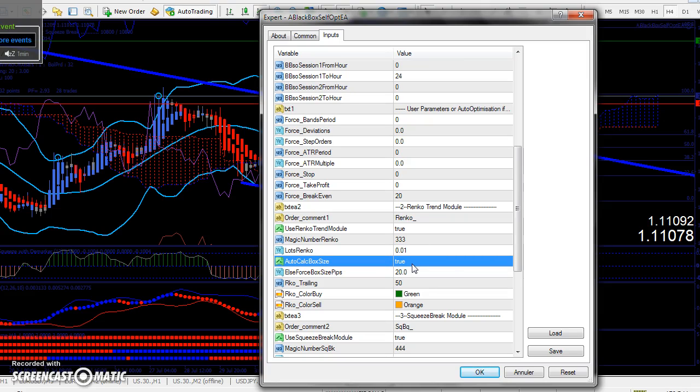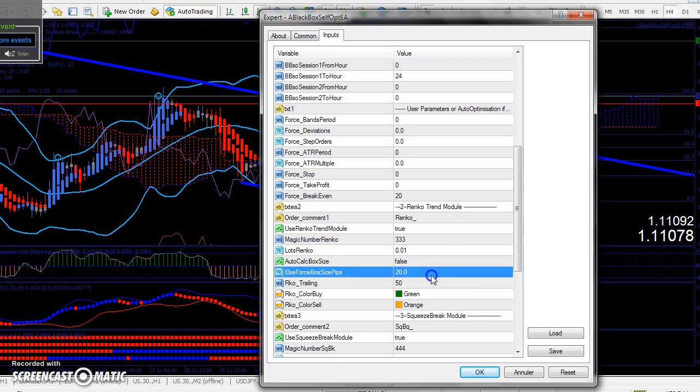This is a very sophisticated feature. This will calculate the best box sizes for the Renko brick building. I think that's pretty good. But you can turn it off, and you can get maybe nicer graphs if you put this to false. Okay, false. And then put in box size, which I can tell you right now, probably a 10 is a good one. Okay? You might get better